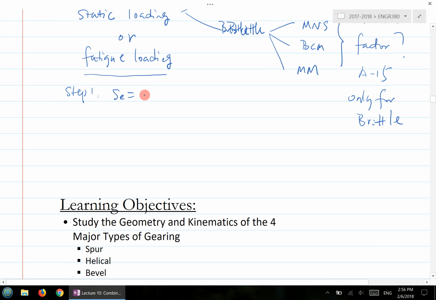As I said, the midterm only covers up to the completely reversed loading, which is until lecture 8, basically assignment 1 to 3. So you have to be able to calculate